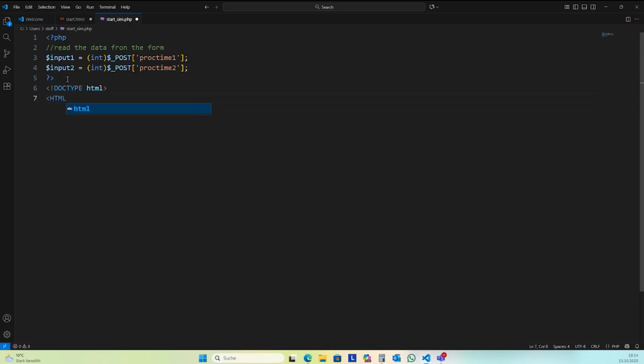Very basic HTML. I don't want to have a head here, and I need to specify the body. And I close the tags. And I start a new PHP block.